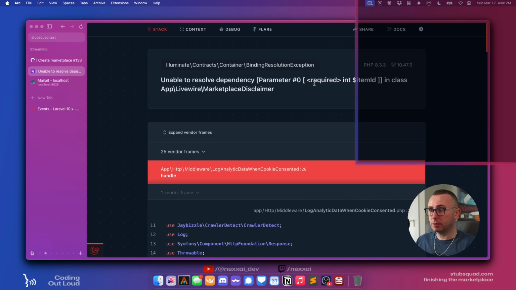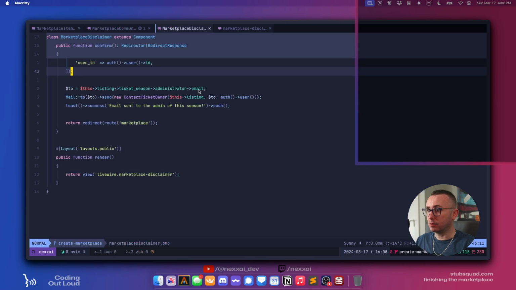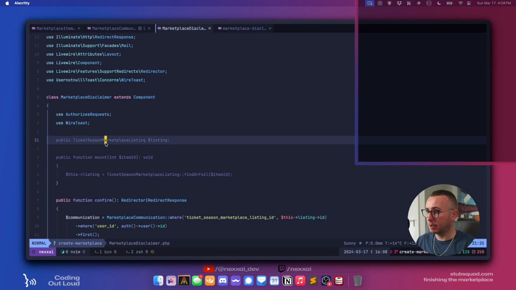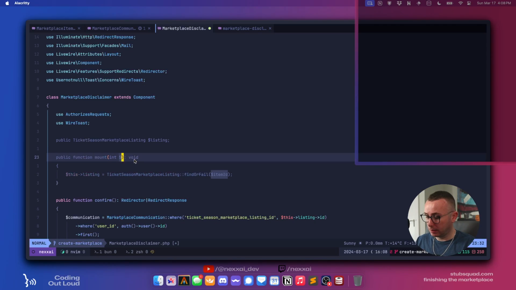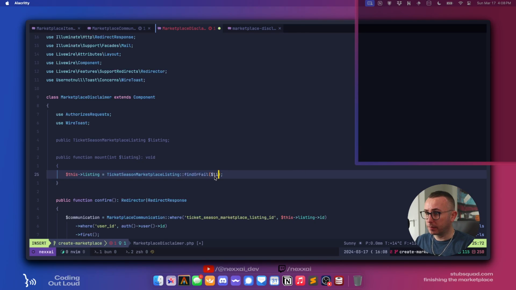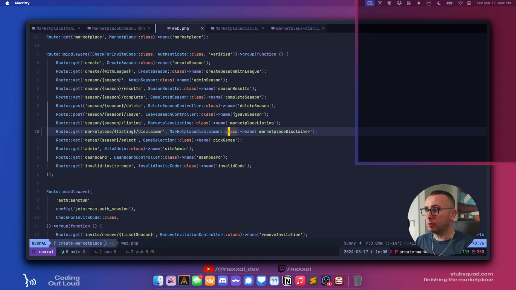So unable to resolve dependency item ID and class, blah blah blah. Okay, so we're taking that in, int item ID. Why? Oh, because this is like the Laravel convention. So it's looking for something that's named this specifically.